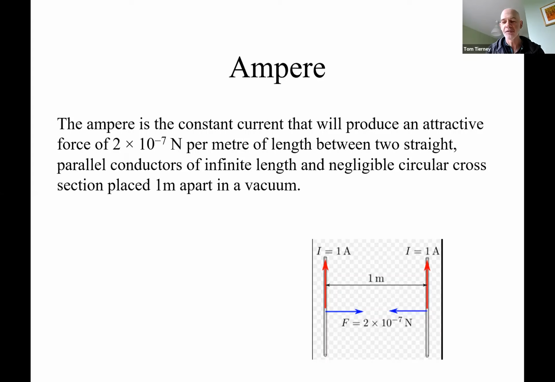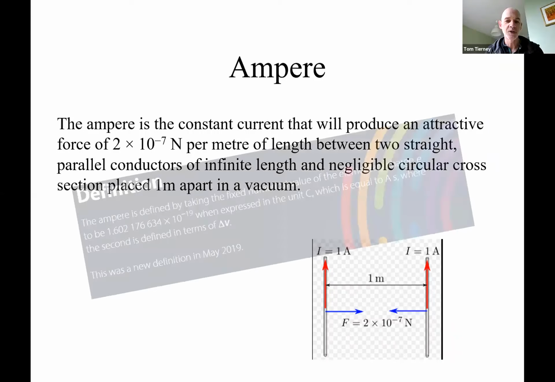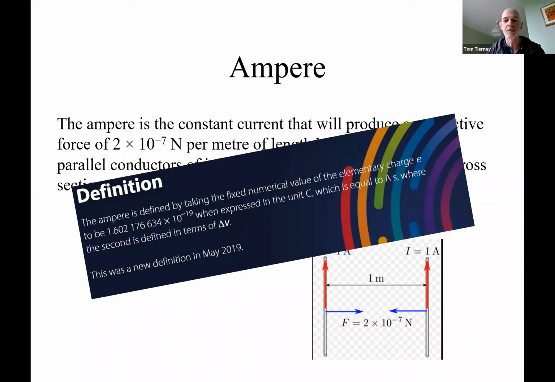So it was a bit of a... this definition. So in May 2019, all of the fundamental definitions were rejigged, but the two that made a big difference were the kilogram and the amp. The kilogram was the oldest definition of the lot, in that the definition of the kilogram was